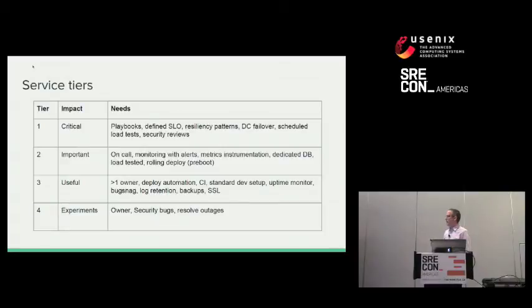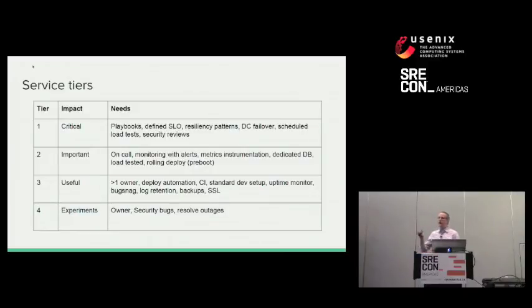And then at the very top tier, we have our most business-critical systems, and at that level, we're concerned about things like having a very clearly defined SLO that they meet, making use of resiliency patterns. Whenever they're calling out to a third-party service, they need to be using circuit breakers and bulkheads and all that to make sure that they're resilient to that third-party system. One of the biggest ones is they need to be tolerant to a single data center outage. So they need to either be able to gracefully have a data center failover, or they need to be running in multiple data centers concurrently and be able to handle one entire data center going down.